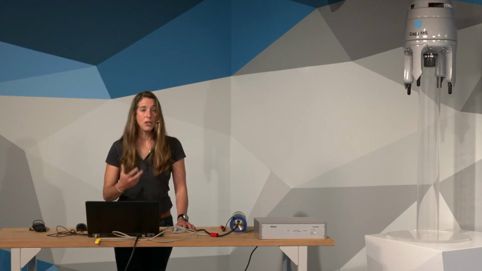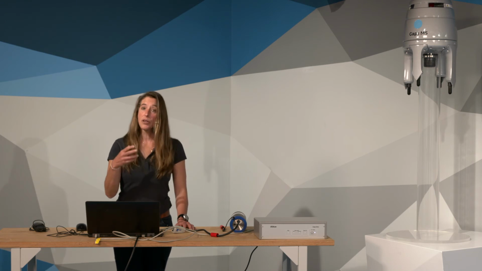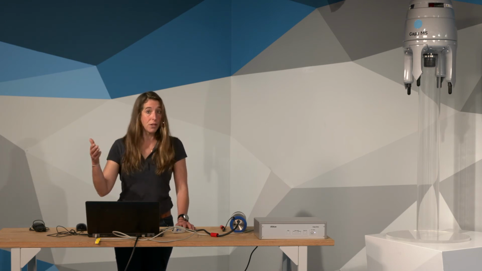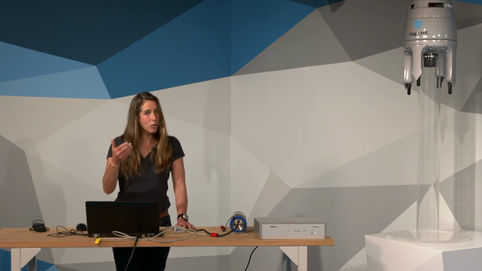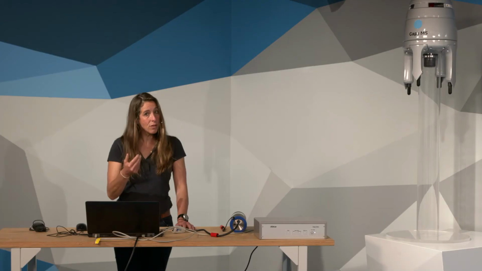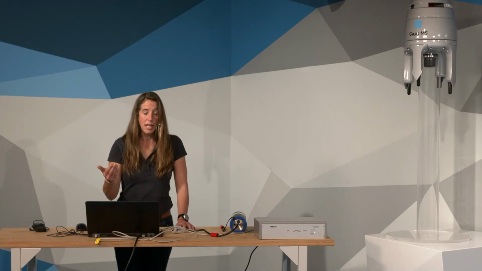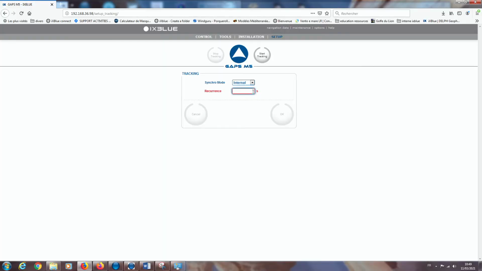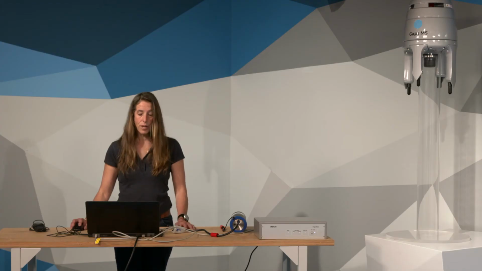In our application, we are with the ROV and we are in 200 meters depth. So in acoustic, the interrogation will be acoustic and the answer will be acoustic. So I need to do 2 travel times, and with 1 second recurrence, it will be OK. Then here in recurrence, I do 1 second and validate it. It's OK for the tracking.